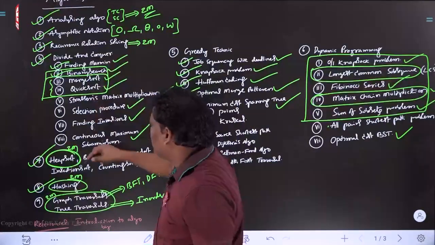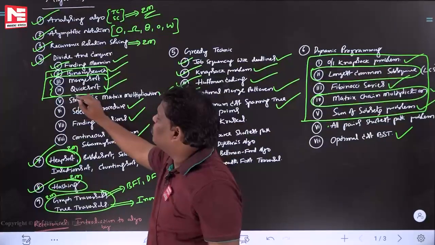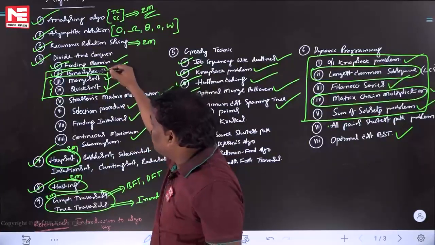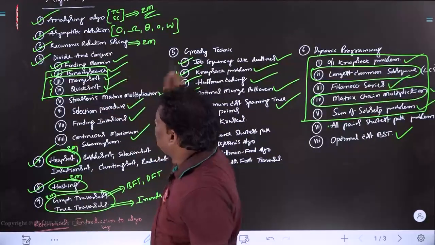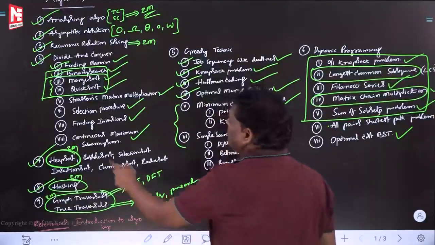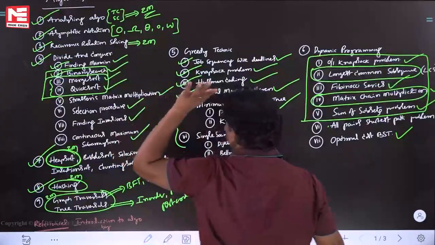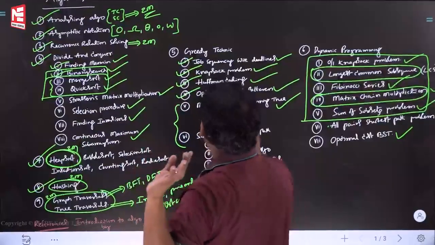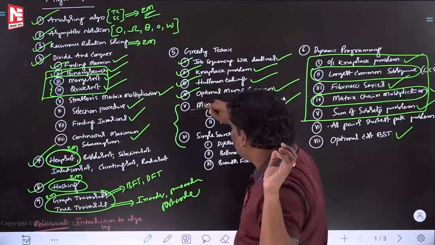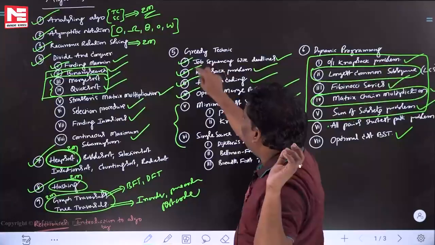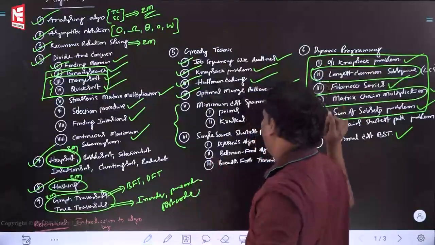Fourth chapter, divide and conquer, which internally contains 8 applications. Out of them, the second, third and fourth, merge sort, quick sort, and binary search also, many times came. It doesn't mean that you will leave the remaining things. No, all are important. Don't leave even one. Next, the fifth one and sixth one are really important. The remaining also came in a few examinations. Best idea, read all of them one time.